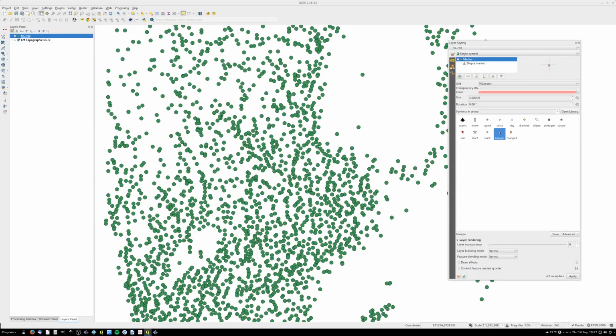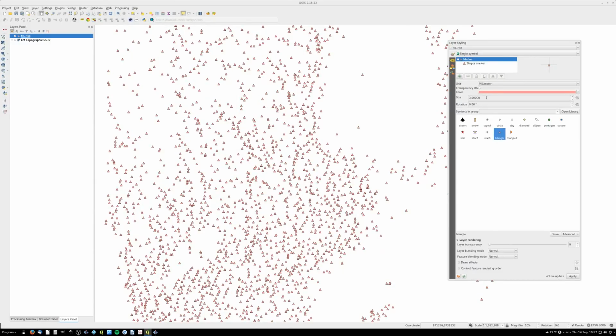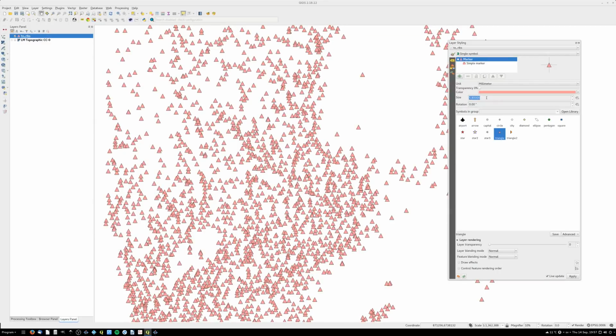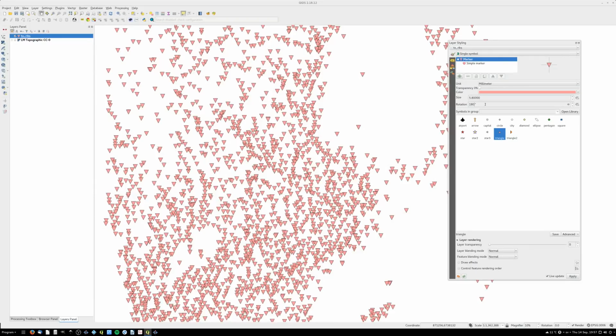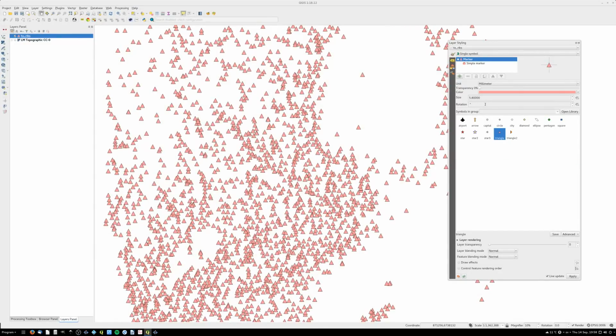Let's switch to a symbol that we can rotate. Rotation. 0 is straight up to north. And as I increase the rotation, the symbol will rotate. I can also type in a number, so 180 is straight down. And here we have